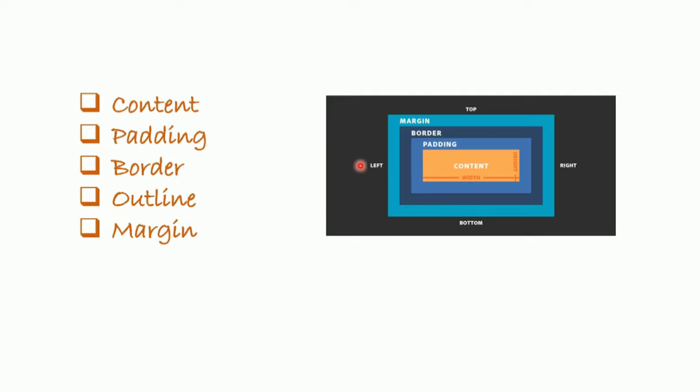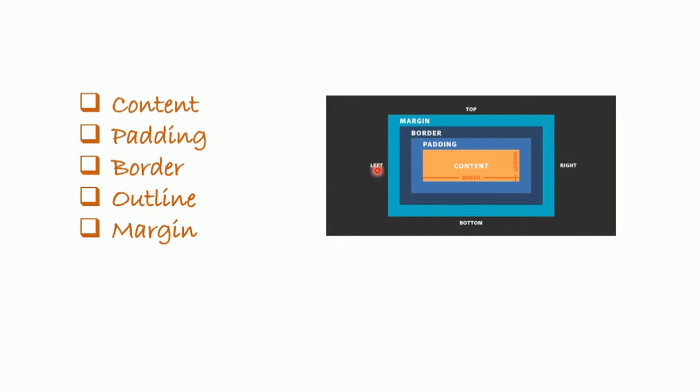You don't have to worry, we are going to see this one by one. And here you can see I'm having top, then right, then bottom, then left. If we want to give any values, we will be giving them in this clockwise direction. This is how you are going to remember. The first value will be top, then right, then bottom, and finally left.